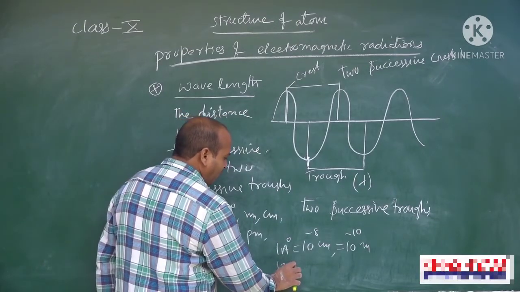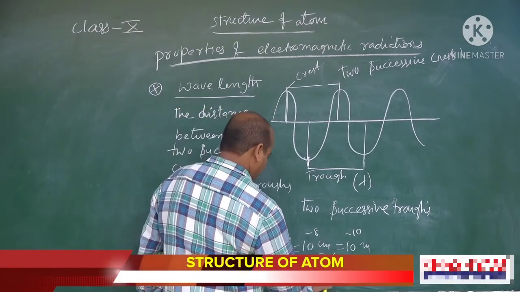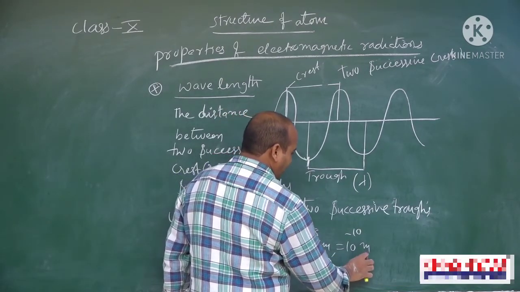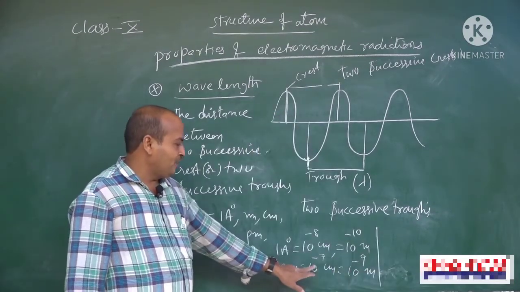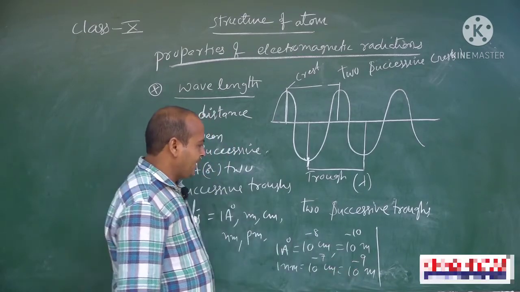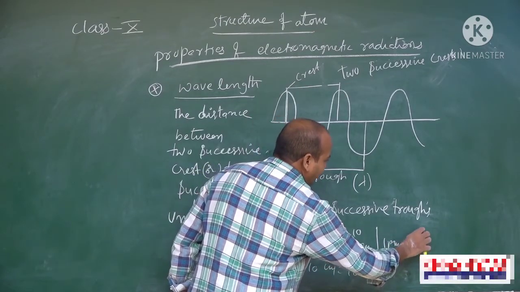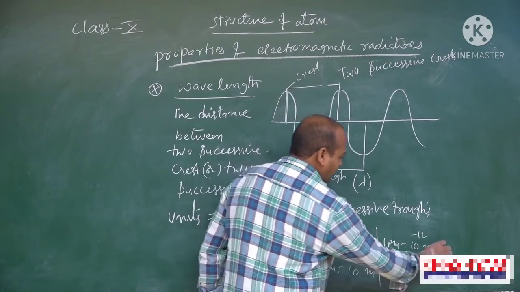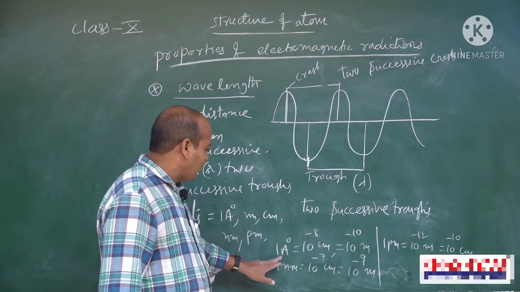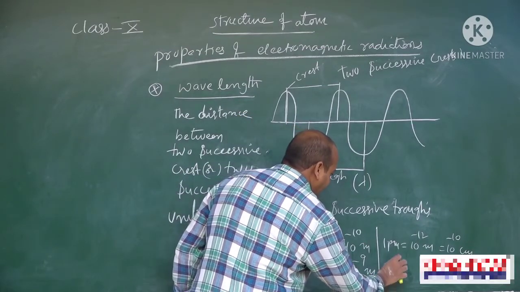Like that, 1 nanometer is equal to 10 power minus 7 centimeters, which is equal to 10 power minus 9 meters. In the case of picometers, 1 picometer is equal to 10 power minus 12 meters, which is equal to 10 power minus 10 centimeters. Now the relation between angstrom and nanometers: